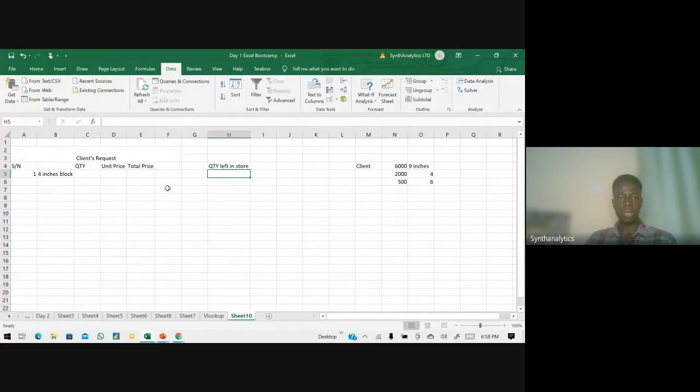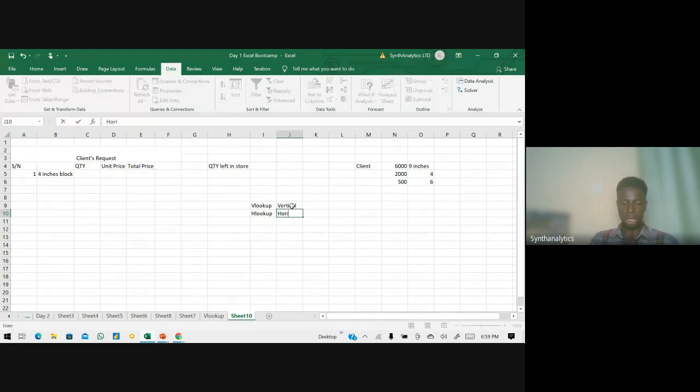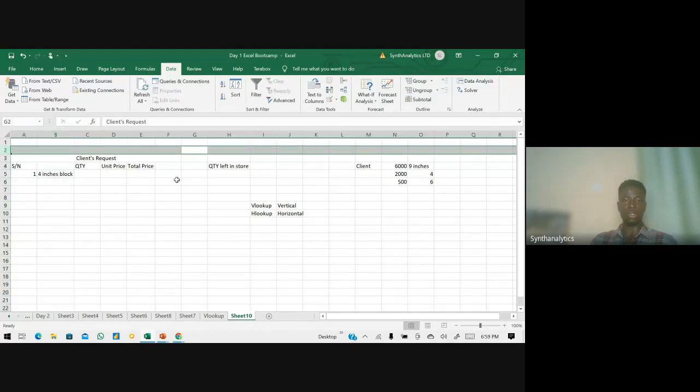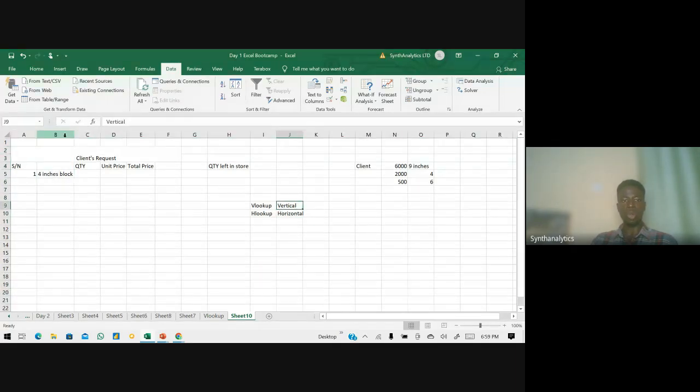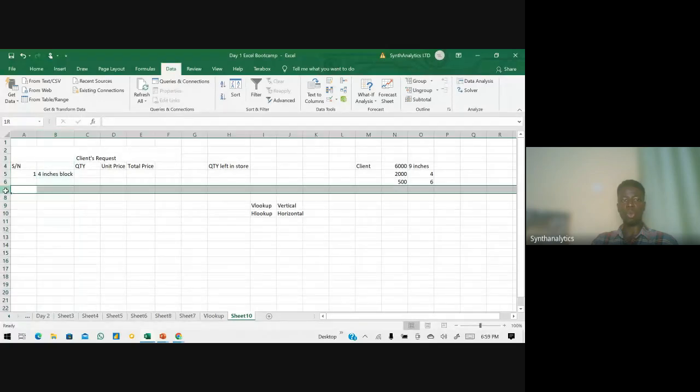So don't let me get complex for now. Let's do it very fast. Our VLOOKUP, two functions, VLOOKUP and our HLOOKUP. What these functions mean: your V is another word for vertical, and your H is another word for horizontal. I've mentioned this in class before, that you have vertical and horizontal. Vertical, your column; horizontal, your row. So your V lookup means your column lookup, and your H lookup means your row lookup.